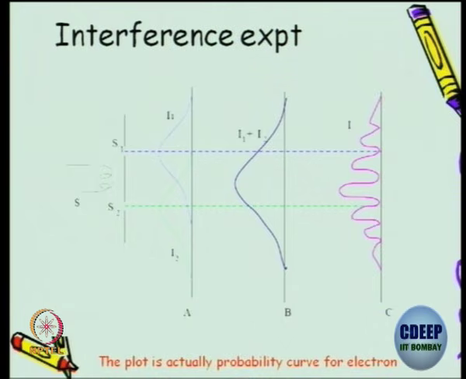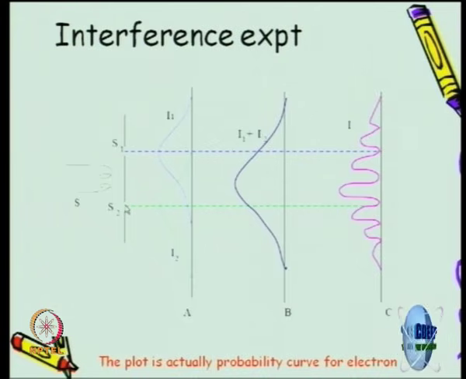And here you have two sources, and suppose you shut one of the sources, you will have this blue line for light coming through S1, with similar intensity. Similarly, if I shut S1, you will have a green line due to the light coming through the source S2, the slit S2. But if both are open,